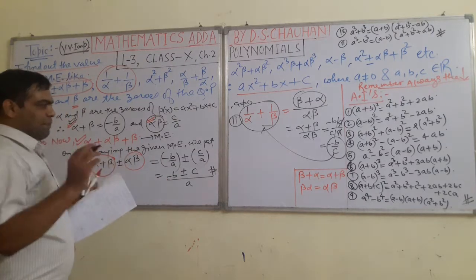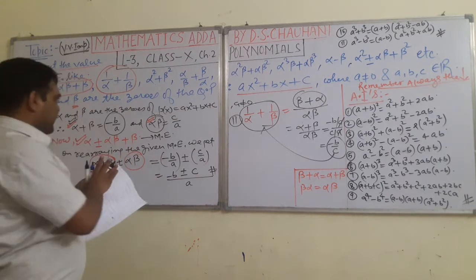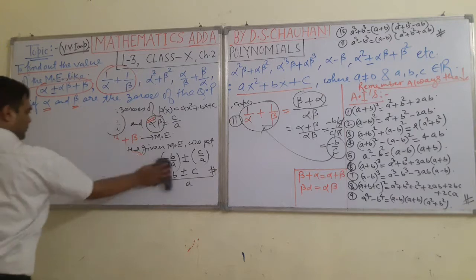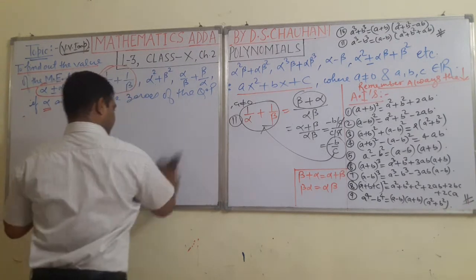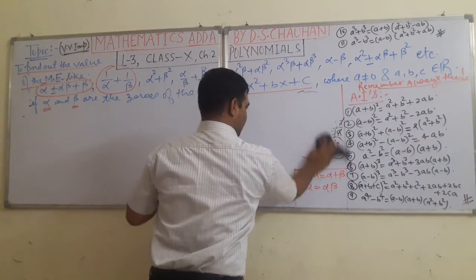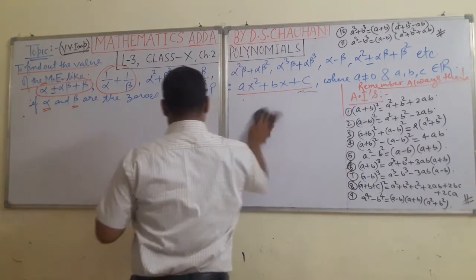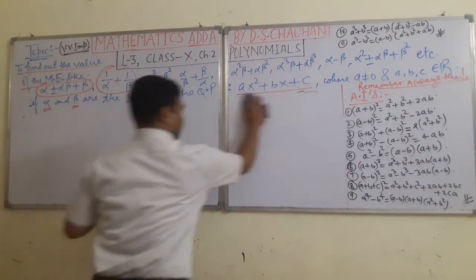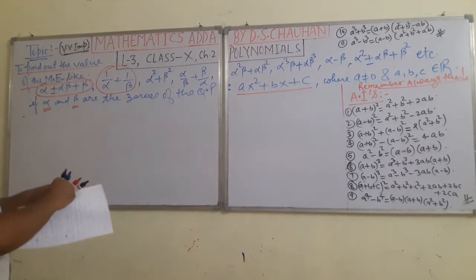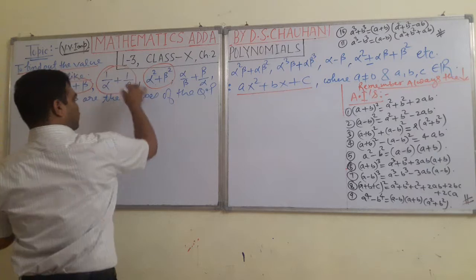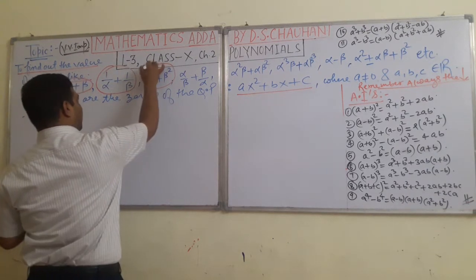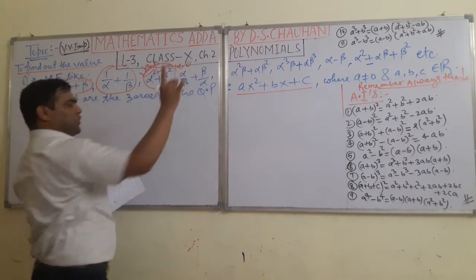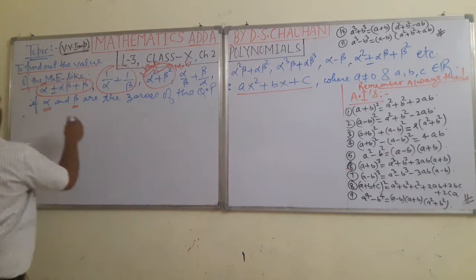Now the next and very important things I am going to tell you, you try to understand easily. The third important part of this lecture is it is here. We have to find out the value of the expression alpha square plus beta square. Very important. Most of the time, questions based on this mathematical expression are always coming in the exam. So now see it, how to find out the third one.